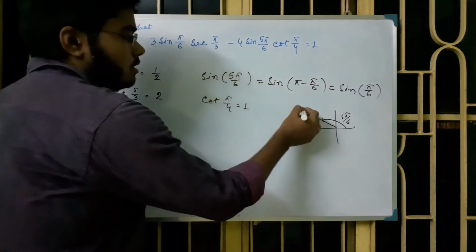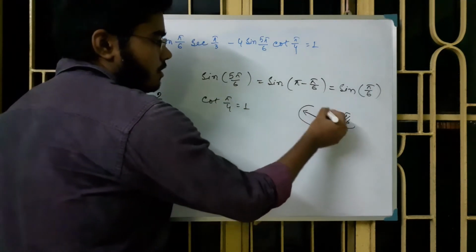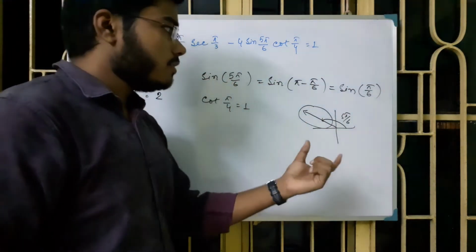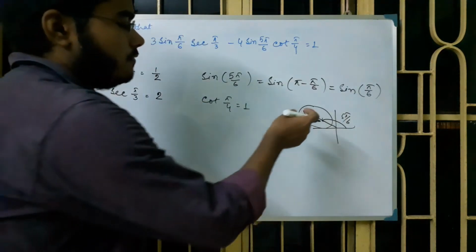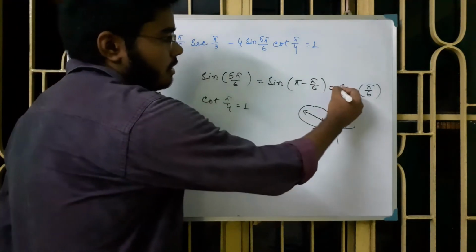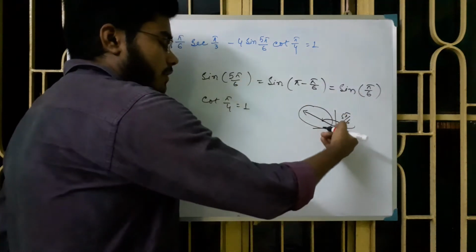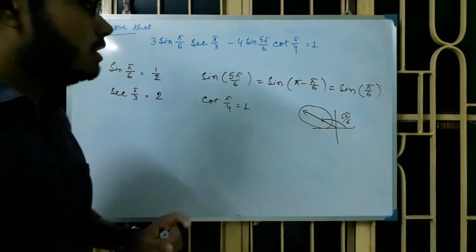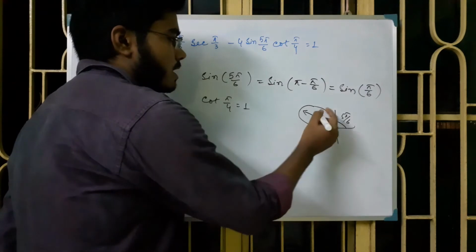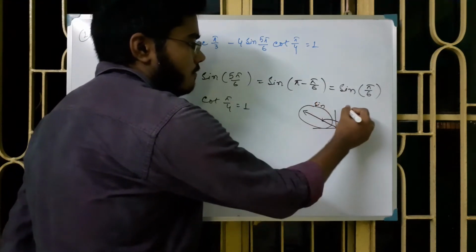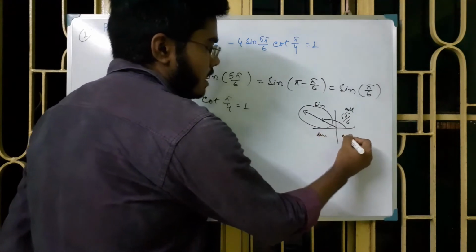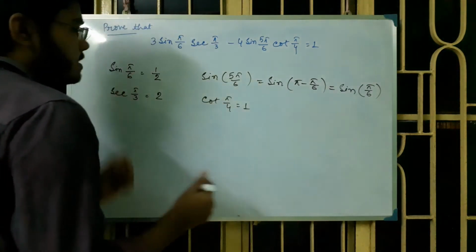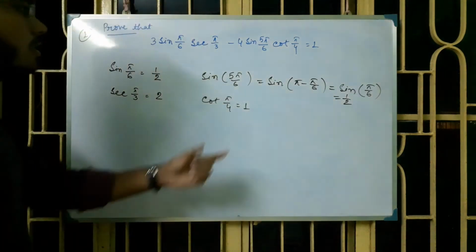This is lying in the second quadrant, that is the quadrant of sine. So in the second quadrant sine is positive, so the sign will be plus. If that was in the third quadrant, then it would be minus, and if it was in the fourth quadrant, it will also be minus. This is in the second quadrant, so this is plus. Why? This is the quadrant of sine. We have already learned all, sine, tan, cos. So sine 5 pi by 6 equals sine pi by 6. What is the value of sine pi by 6? Equal to half.